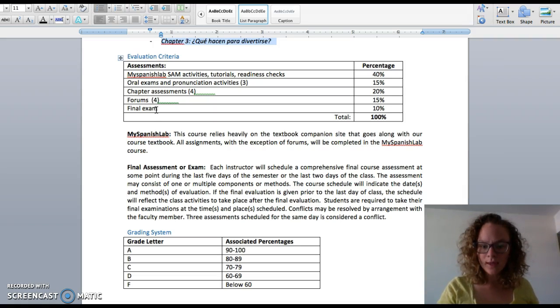I do want to reiterate, I do not accept any late work at all, ever. No late work. Right now, everything is set in the computer for the My Spanish Lab for 11:59 p.m. The forums and the oral exams shut off at 11:59 p.m. And of course, the exams do too. I cannot go in and give overrides for individual students, so I will not be doing that. If your power goes out at 11:30 on a Sunday night,